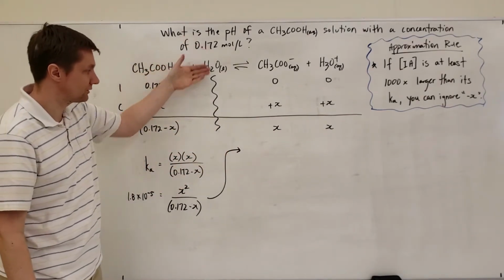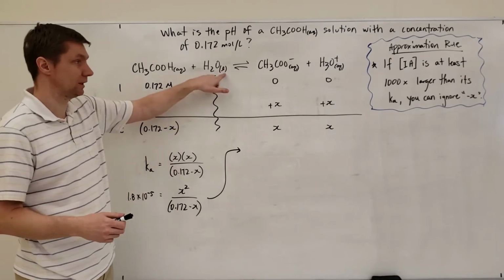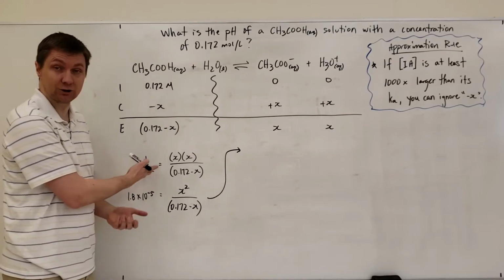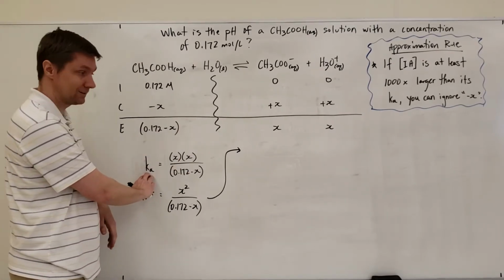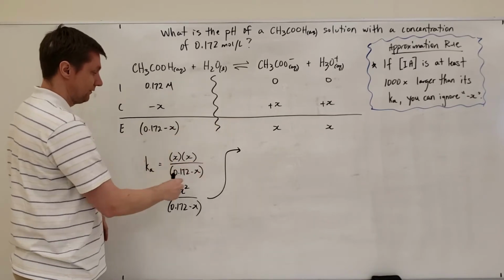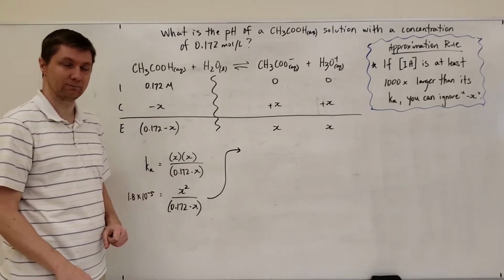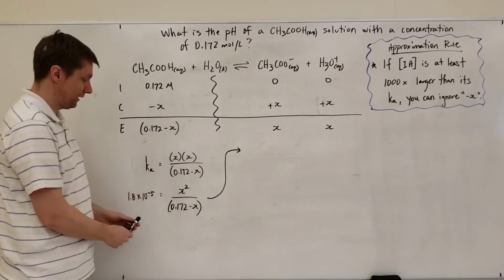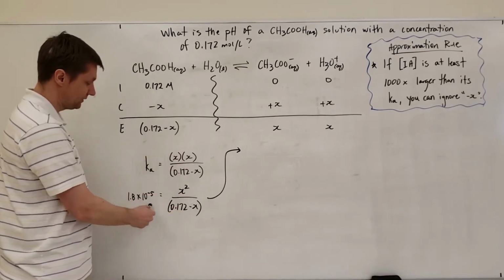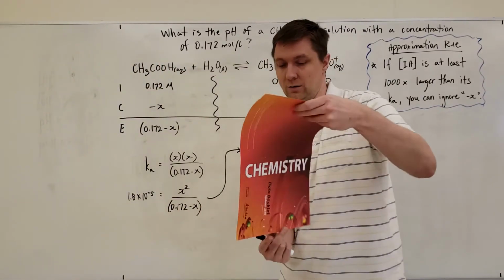For the ICE table, you'll notice I've scratched out water, and the reason I've scratched out water from the ICE table is because water is a liquid and it's not in the Ka expression for this. So I write the Kc expression, or Ka expression, as it is for acids, and I get my products on the top, so x times x divided by my 0.172 minus x on the bottom. And so if you look at this, this is just x times x, which is x squared, divided by the same thing. And this is the Ka value, and the Ka value comes from the data booklet here on your